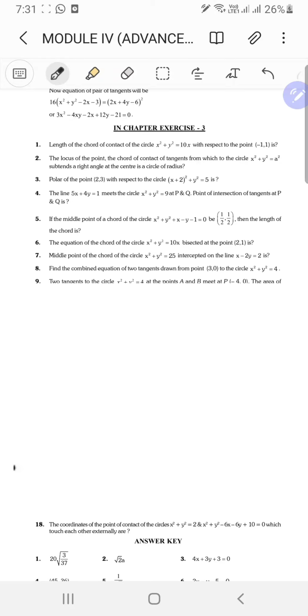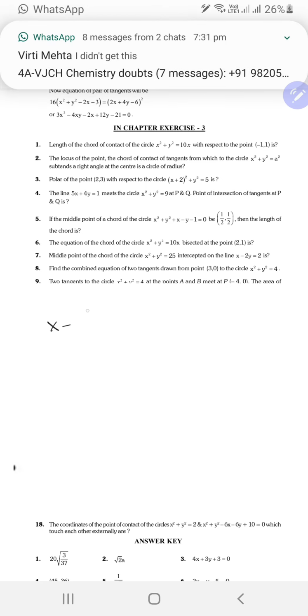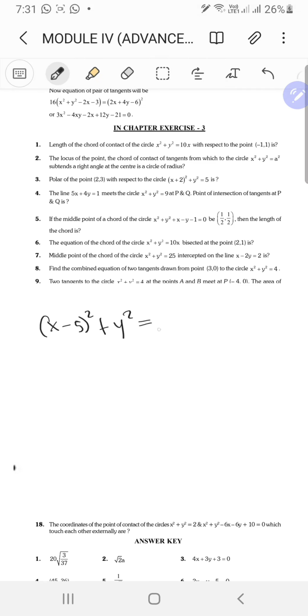Okay, so now it's exercise 3. The first question is: the length of the chord of contact of the circle x squared plus y squared equal to 10x with respect to the point (-1, 1) is. This can be written as (x minus 5) squared plus y squared equal to 25, so 5 squared. So the circle has its center at (5, 0), and it has radius 5, and this is some point (-1, 1),